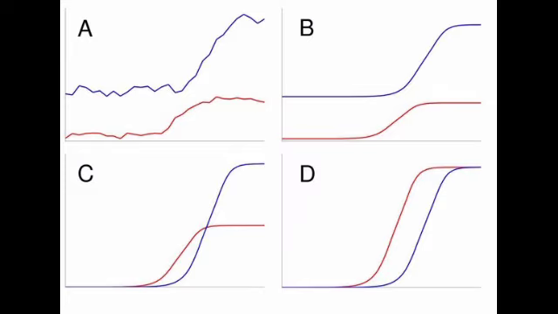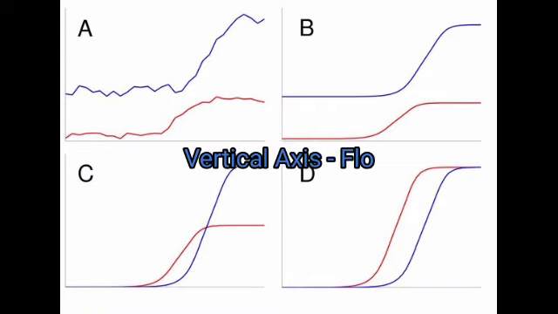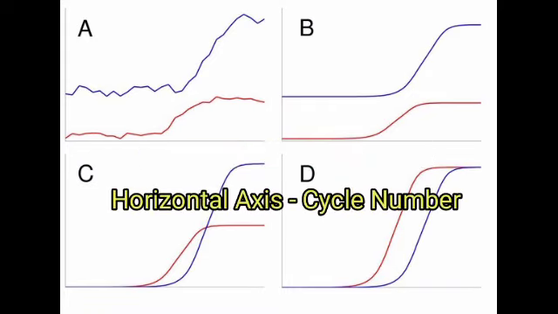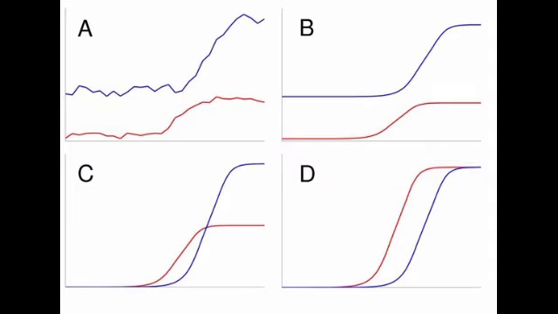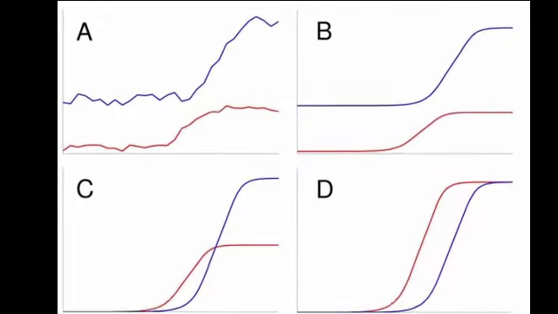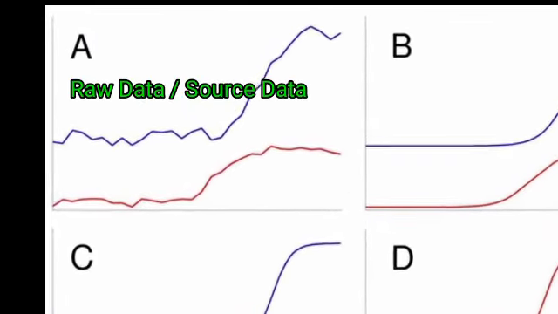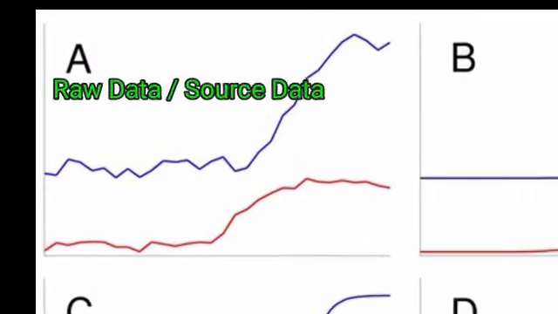So again, this is a second diagram where you can see how the data is processed through the instrument software and algorithm. Here we have shown this ABCD curve where the vertical axis shows the fluorescence whereas the horizontal axis shows the cycle number. Diagram A shows the raw data or the source data, which undergoes smoothing in